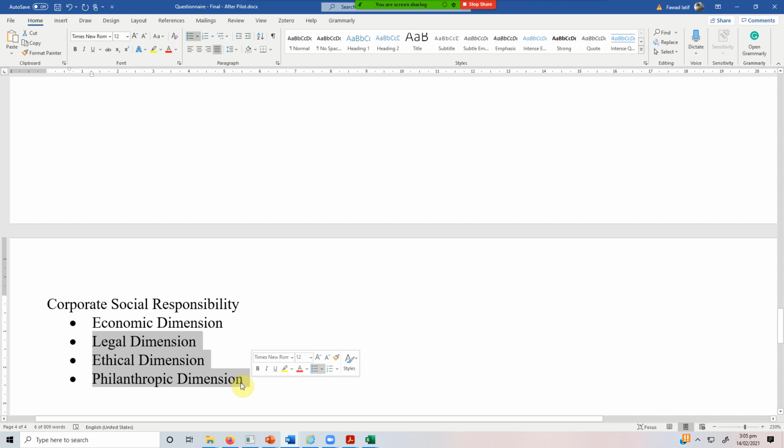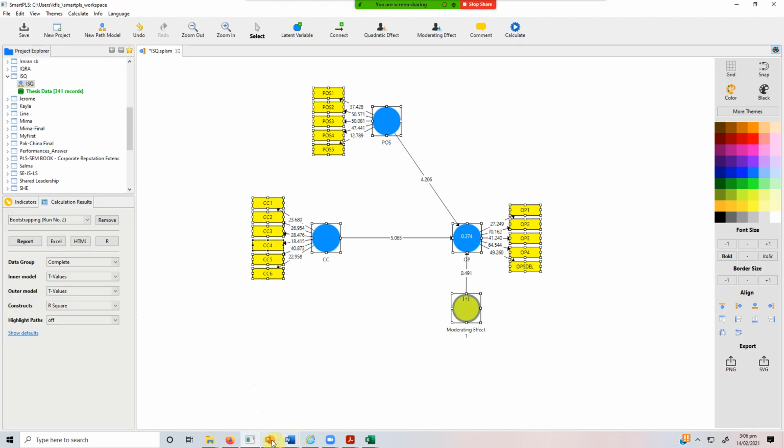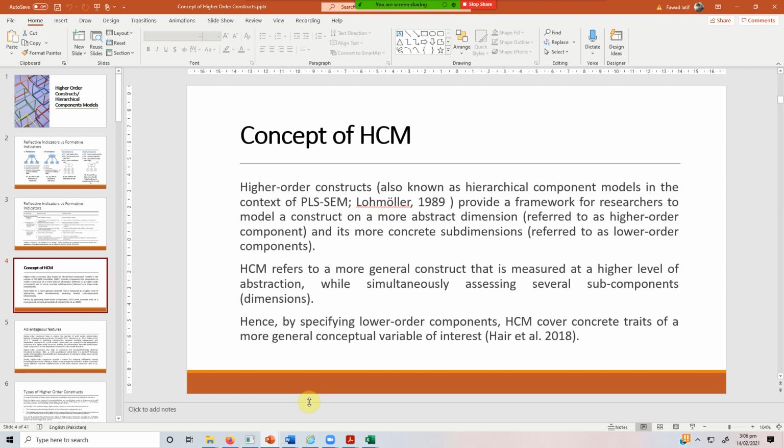Maybe you have defined or operationalized corporate social responsibility as a four dimension construct. You have defined it as something that has economic, legal, ethical, and philanthropic dimensions. So you cannot say that it is reflective. That's why in the studies that we do using SmartPLS in business and management, we keep the second order as formative. Although there are studies that have taken the second order as reflective as well, published in very good journals. So both of them are correct. I'm not saying one is right and one is wrong,